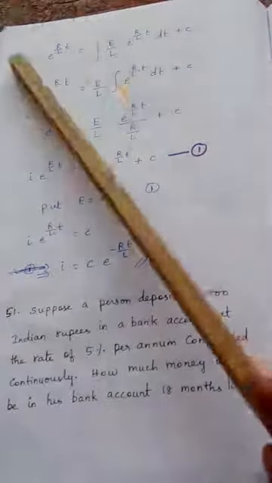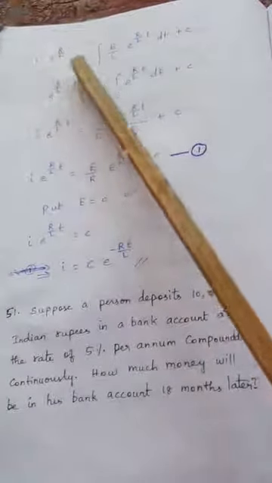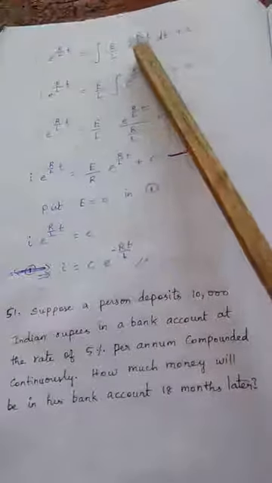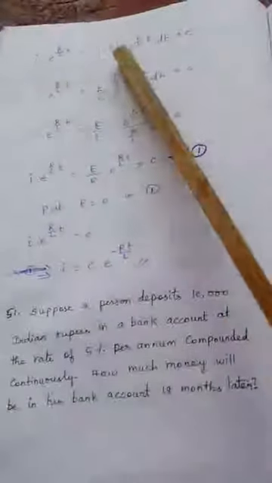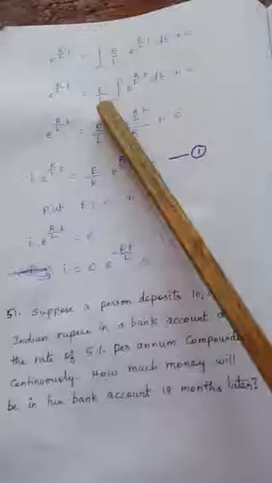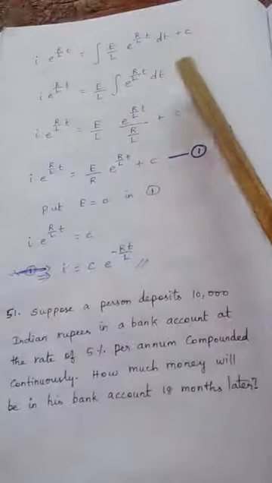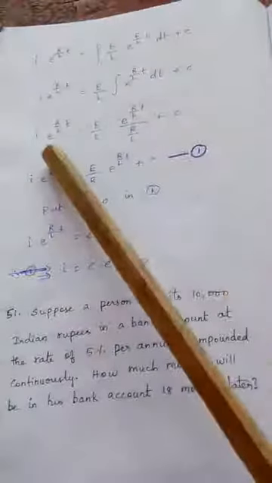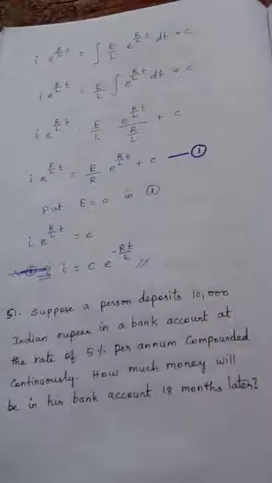Okay, now see this. I e power integral p dt is e power r by l t equals, this is q, this is the integrating factor, dt plus c. Now this is equal to E by L, which is a constant, taken outside the integral, so only this remains inside the integral plus c. Integration of e power x: what is the answer? Can you remember? What is integral e power x?